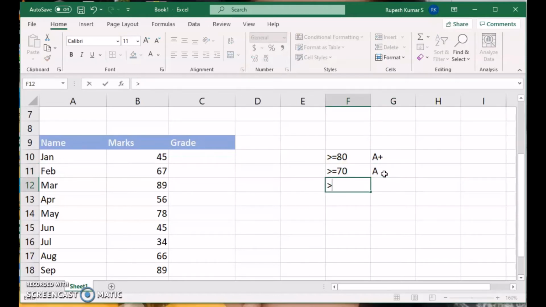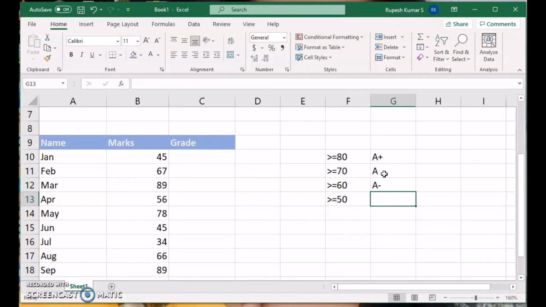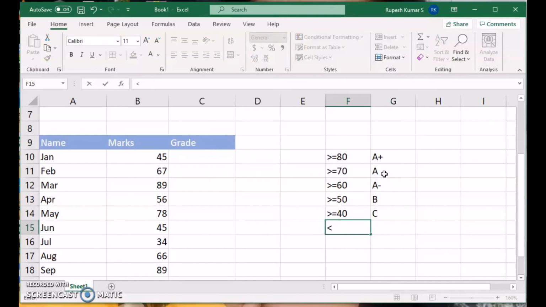If it is greater than or equal to 60, I would like to give A minus grade. Greater than or equal to 50, B. Greater than or equal to 40, C, and less than 40, I would like to give them fail.